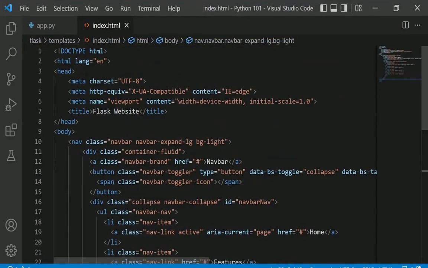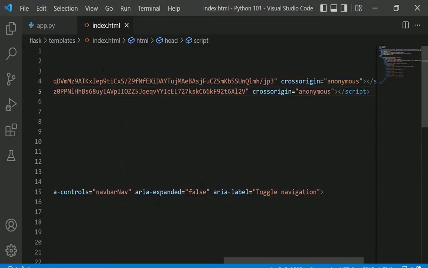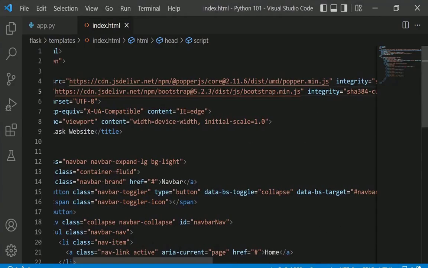So we just need to paste this in our head. And if we save this code, we go back to our website. And if we refresh the page, okay, we are not getting any output. So let me